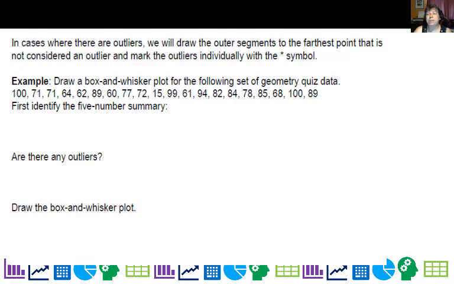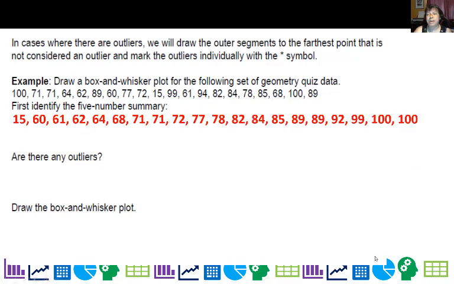Now, how do we draw a box plot when there are outliers? So I have this set of data, and yes, there will be an outlier. First of all, to get the 5-number summary, I'm going to show you how to do it here by hand again, roughly. But remember, if you put this in a calculator or a ClassPad, it will give you the 5-number summary in the report, and I'll show you an example of that.